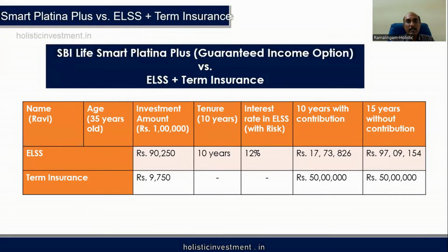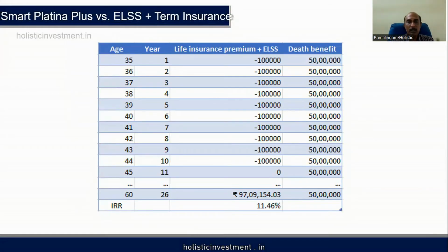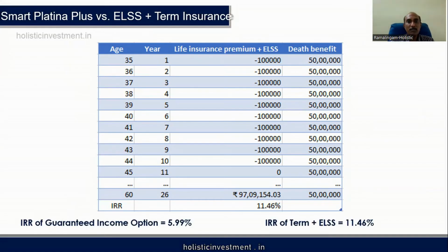If you look at the ELSS plus term insurance combination, instead of investing in PPF, if you invest the investment element alone in ELSS, that is term insurance plus ELSS as a combo, it works out to 97 lakhs as the maturity value. The return works out to 11.46% yield. There is a huge difference here. The IRR of the guaranteed income option works out to 5.99%, whereas the IRR of the term insurance plus ELSS combination works out to